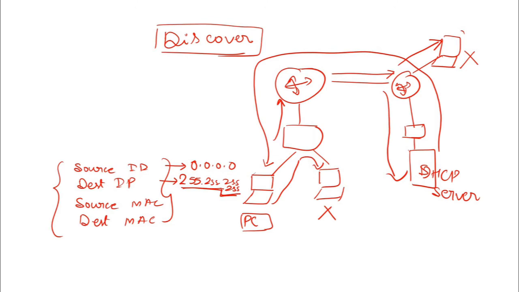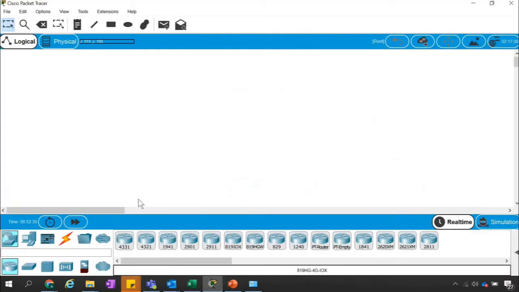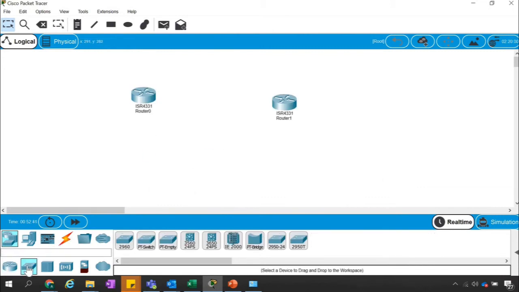So now let's jump to our lab quickly. Let's try to create, let's take one switch as well, and some computers.